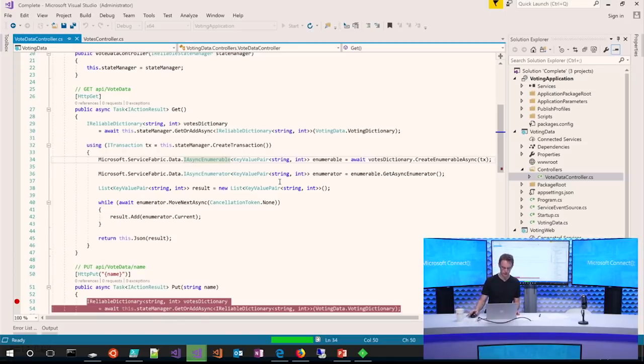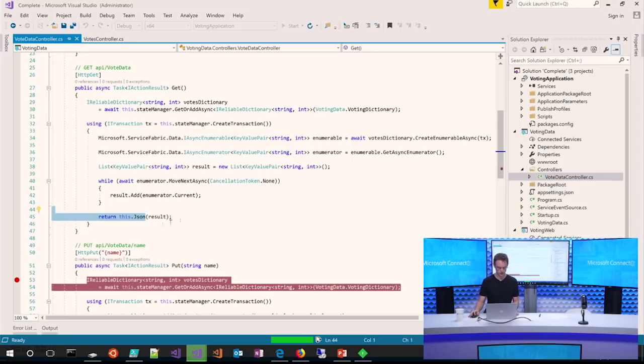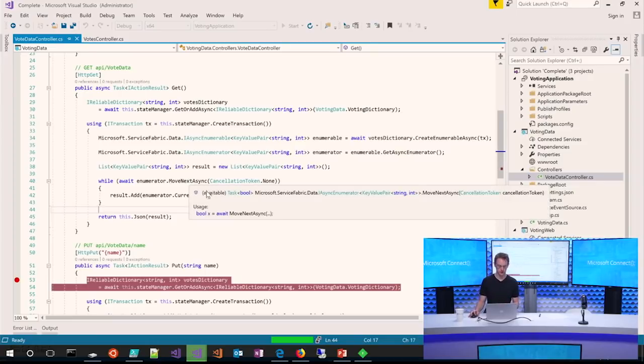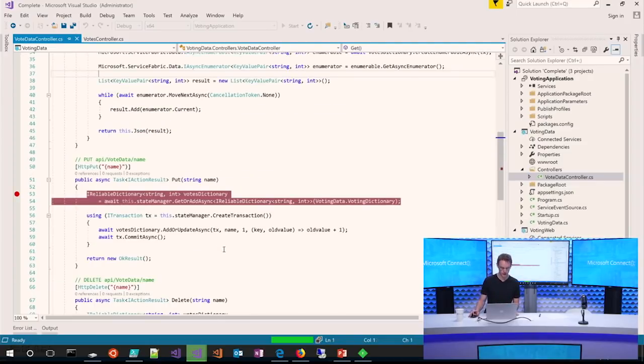And then it's just a matter of enumerating through and then returning the result. Notice that we don't get link support in here because this IAsyncEnumerable doesn't have link extensions. You can take this IAsyncEnumerable and convert it to a regular IEnumerable and then do link that way, but then you're taking these asynchronous operations and turning them into synchronous operations, which generally isn't recommended because this reliable dictionary